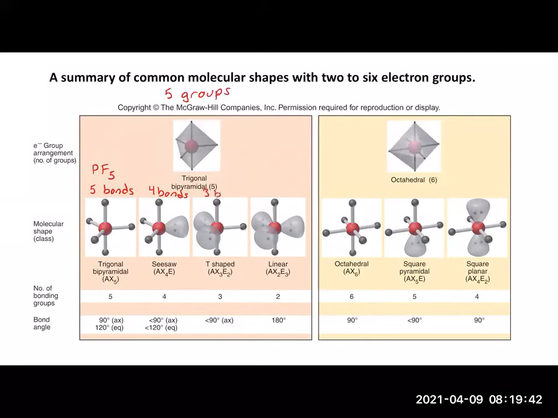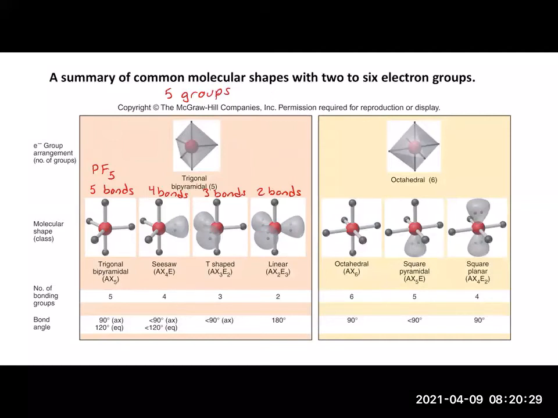And then if we have 3 bonds, we end up with a T shape. So I have my top one, my bottom one, and still one along the central plane. That makes a T. And then finally, if we have only 2 bonds, we end up with linear. So I just have the top and the bottom. All 3 domains along the central plane are lone pairs. Now, before we get to the octahedral,